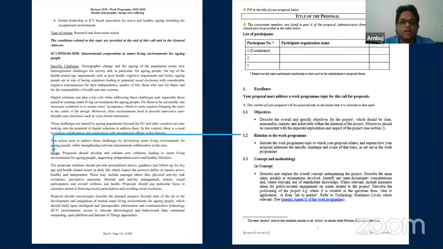Then relation to the work program is actually how the objectives that I told you earlier, that you split your idea into, relate to it. What is the information that each objective is generating, and how does it contain the concerns of the scope? If your objectives are clearly related to the concerns of the work program or its scope, it is considered a good proposal. Otherwise, it is for sure that it will not be accepted. There is no midway between that.